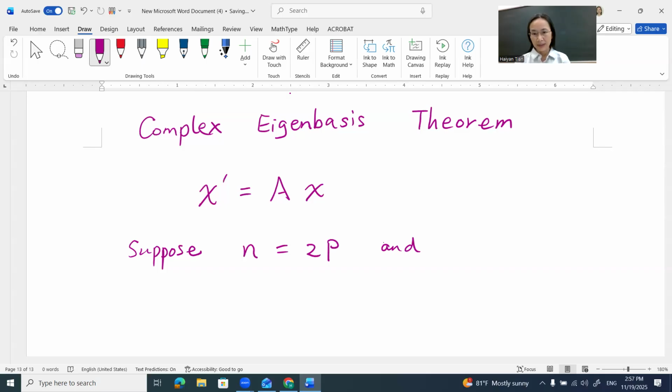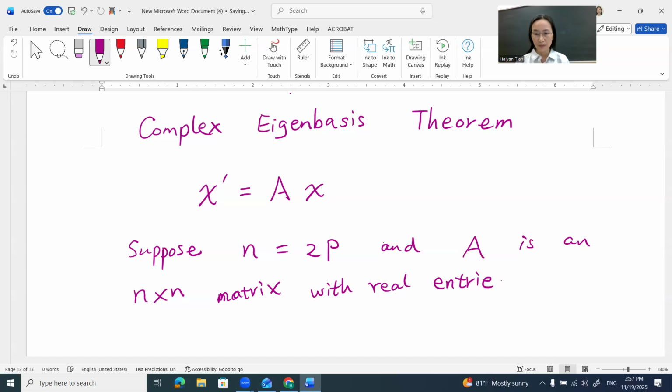And A is a square matrix. A is an N by N square matrix with real entries. So that's very important information, because it is a real valued matrix. It means each entry of the matrix A is real. So with that assumption, we can say that